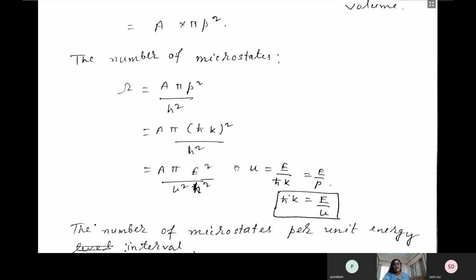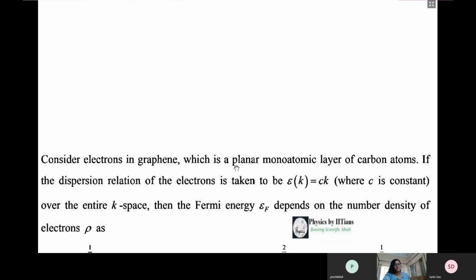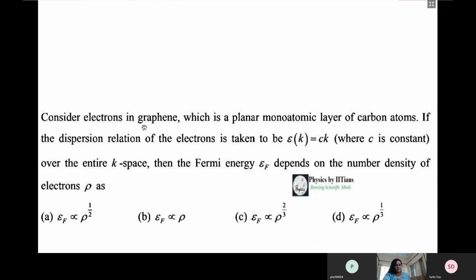So look here, that earlier case, when you can't apply the general formula. Here this is a question of 5 marks, and this is a direct application of density of states. You may think, why should I know density of states? This is an application of density of states, showing why you should know it.